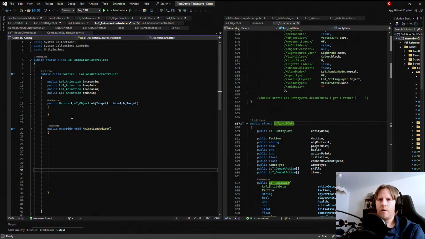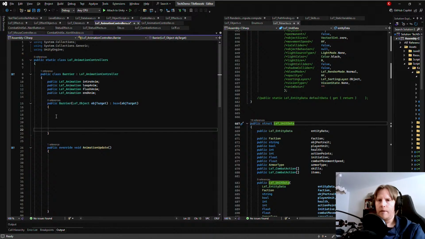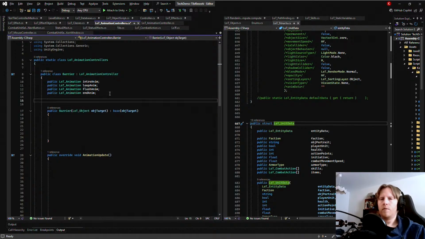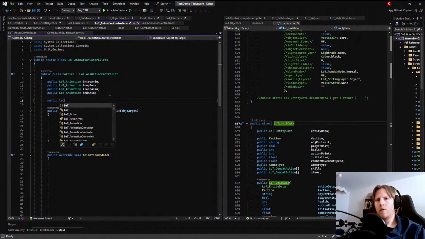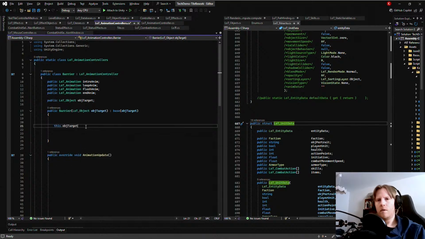So the barrier's constructor takes a target, and that means that the barrier can refer back to